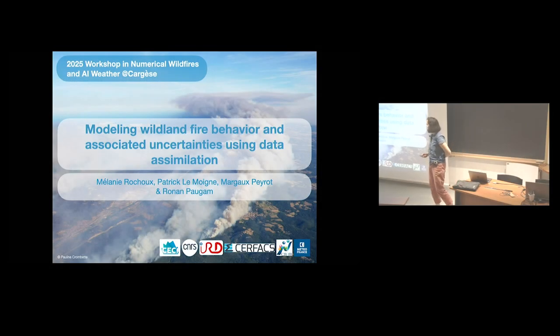Hello everyone. So I'm going to talk about methods like data assimilation to try to obtain better estimation from coupled atmosphere fire modeling. And along the way, we have worked on several components, because if you want to have a good data assimilation algorithm, you need to have good data, good observation, and you also need to have a good model, good prior information. So I will talk about all these elements, provide an overview on what we are working on,